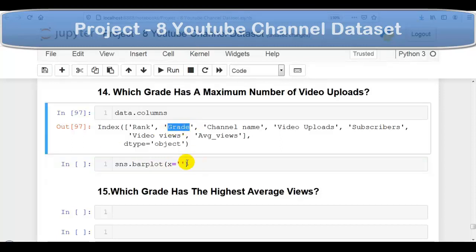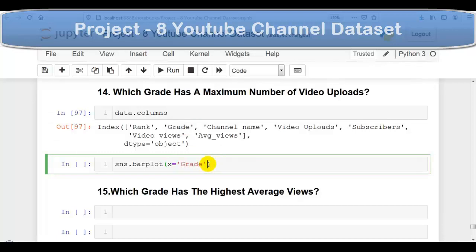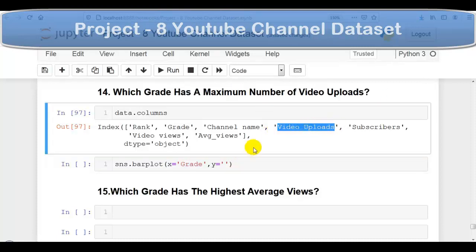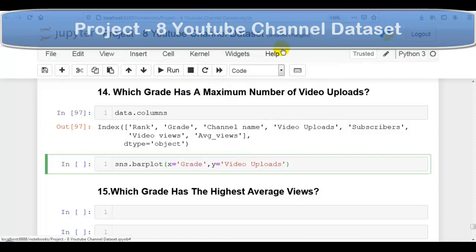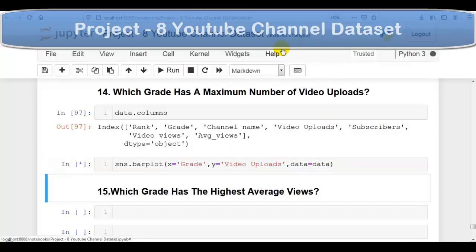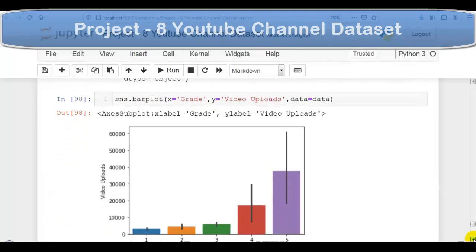So let me copy this column name and paste it over here. On y-axis, I am going to pass video uploads column. So let me copy this column name and paste it over here. And data which is pointing to our data set. So let me execute this cell. As you can see over here, our bar plot.